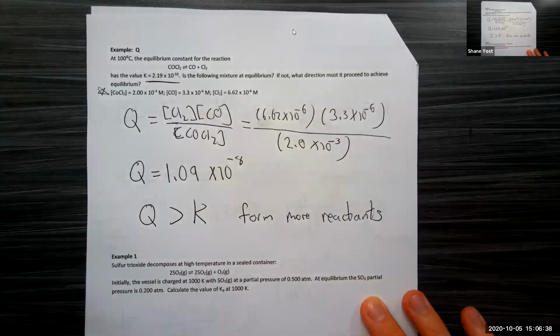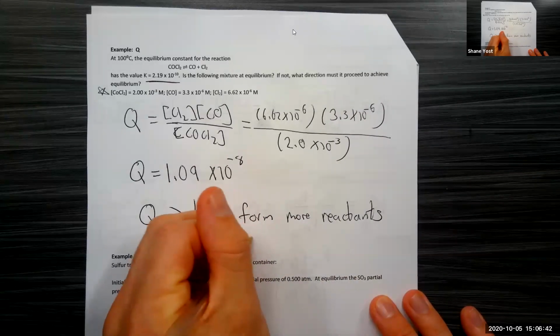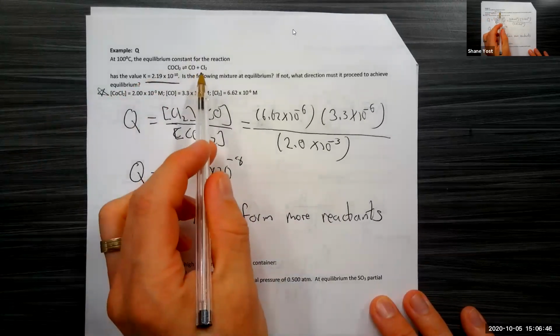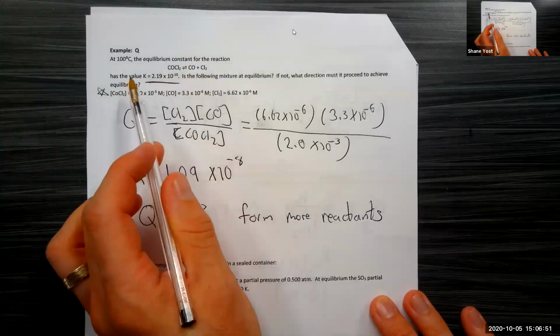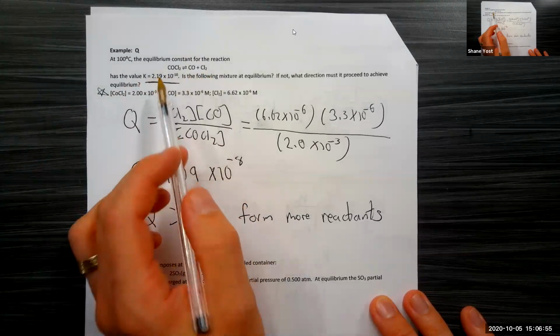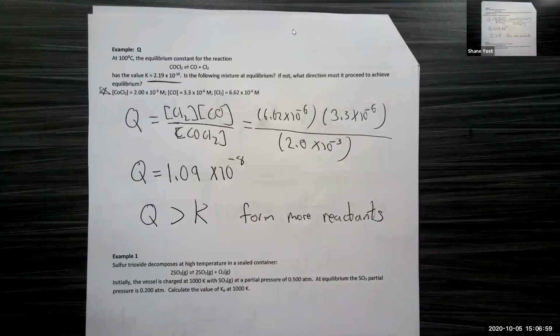Which, as we'll talk about with Le Chatelier's principle on Wednesday, means it will go to the left. When you say go to the left, you look at your chemical reaction, and going to the left is going towards reactants. So this reaction will go to the left and form reactants. Going to the right is forming products. The products are on the right side of the reaction, reactants are on the left. Questions about this example?